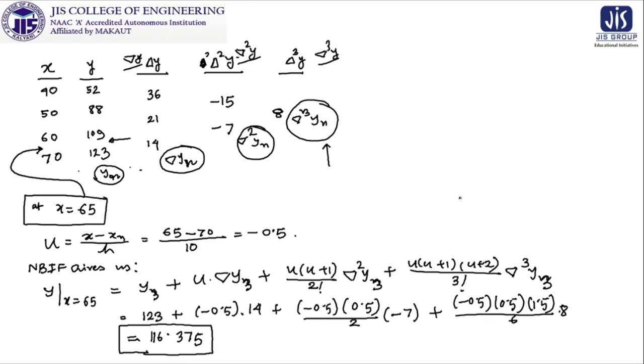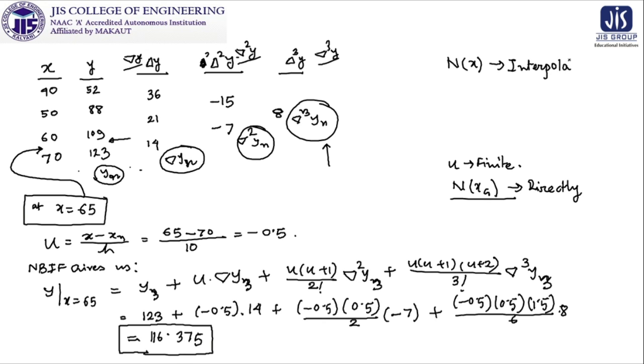So though I have exhibited the problem where I have calculated the value of u as a finite one, and after that I have calculated the value of Nxg directly, I have a request to all of you that please solve the same problem while you are trying to find out the interpolating polynomial from this particular data set, and then after finding out this interpolating polynomial, put x equal to 65 in that interpolating polynomial and check whether you are approaching 116 or not, near about.